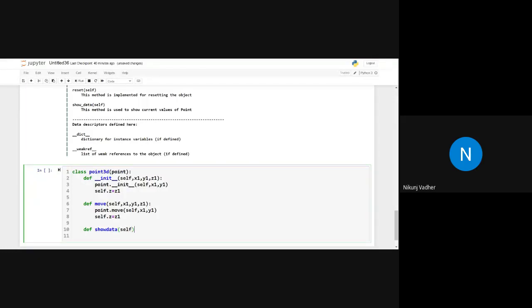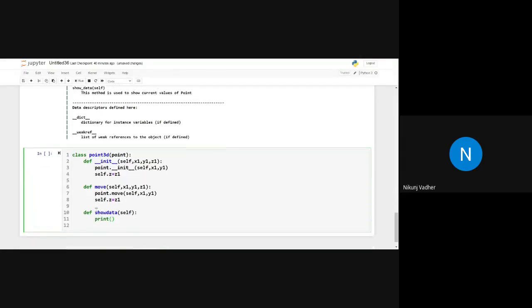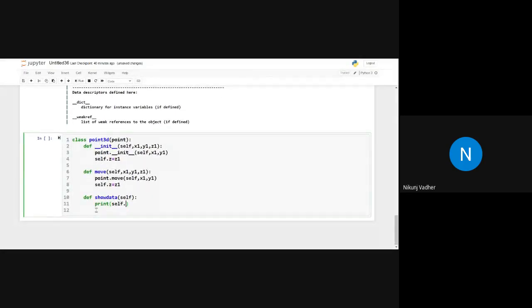In that we will pass only self and we will print x equals to self dot x, y equals self dot y, z equals self dot z.